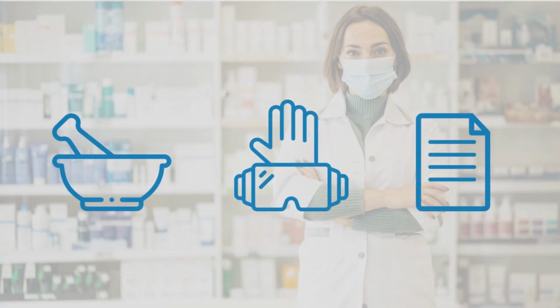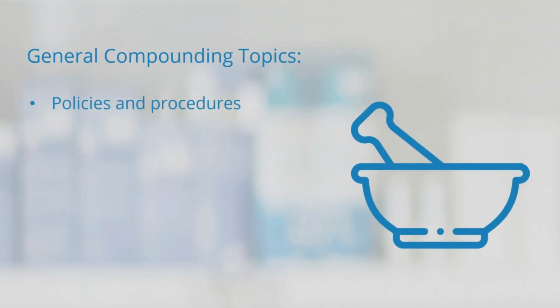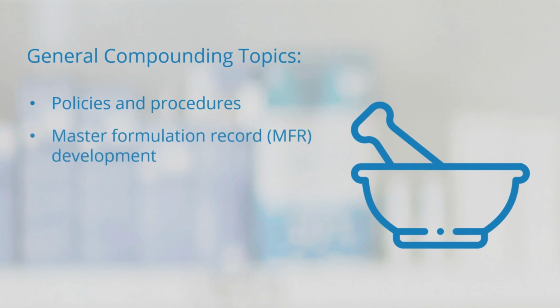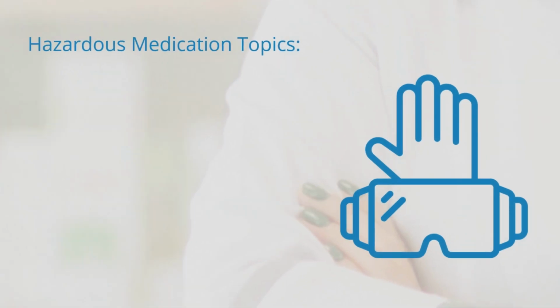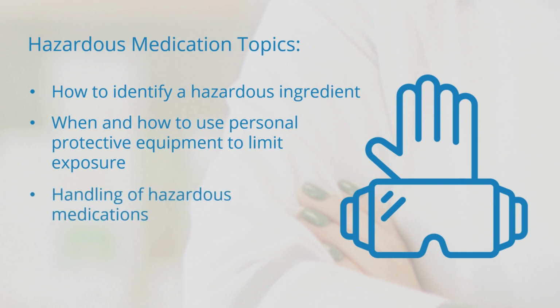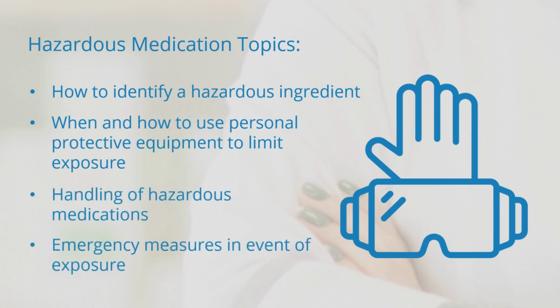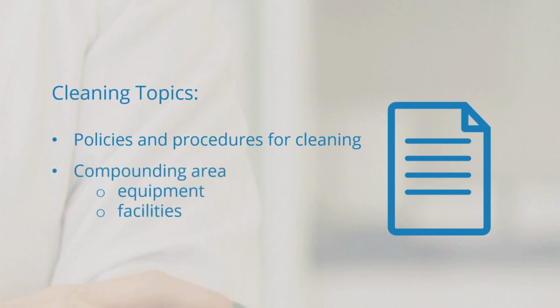Some training topics that I feel should be covered in most community pharmacy settings include general compounding topics such as the policies and procedures, master formulation record development, how to assign beyond use dates, calculations, and how to measure accurately. I also think there should be some training regarding hazardous medication, such as how to identify a hazardous ingredient, when and how to use personal protective equipment to limit exposure, how to handle hazardous medication, and emergency measures in case of exposure. Last but not least, I think cleaning topics are important, such as the policies and procedures around cleaning the compounding area,